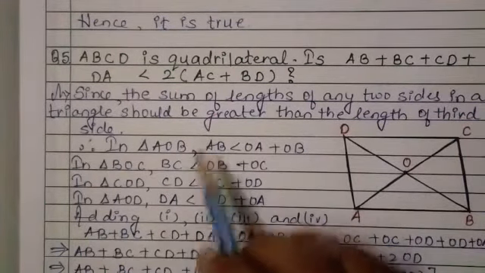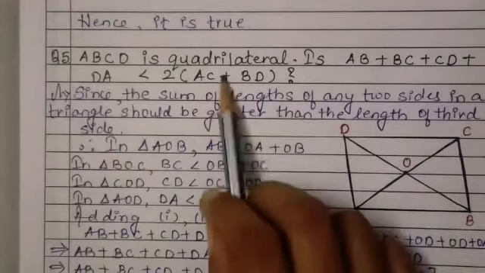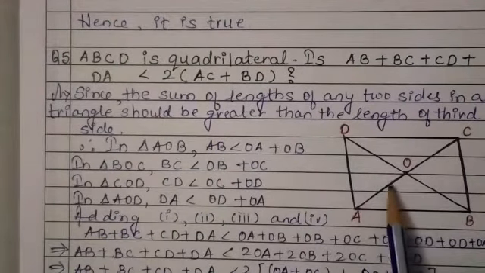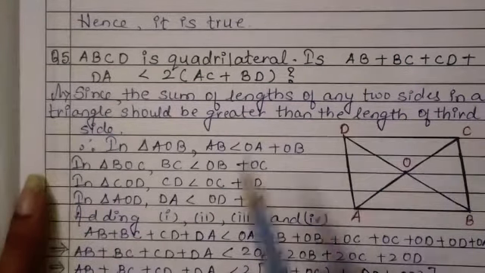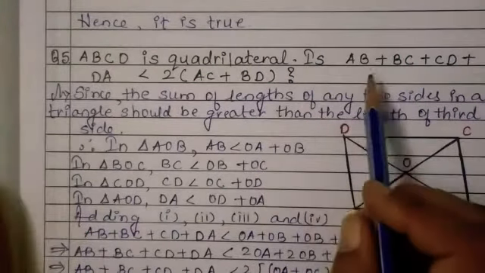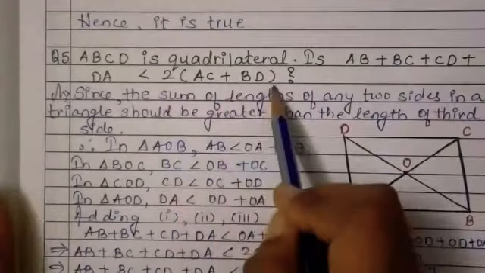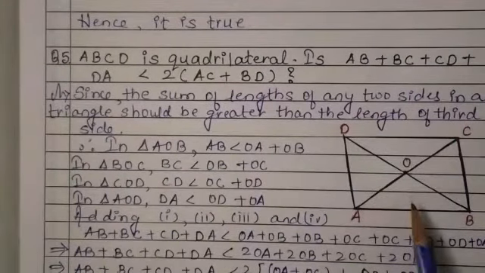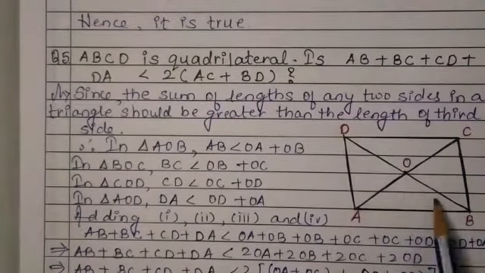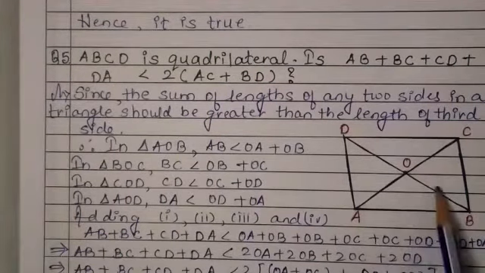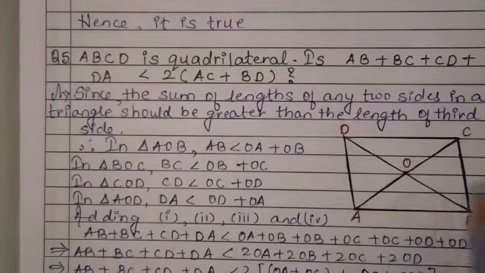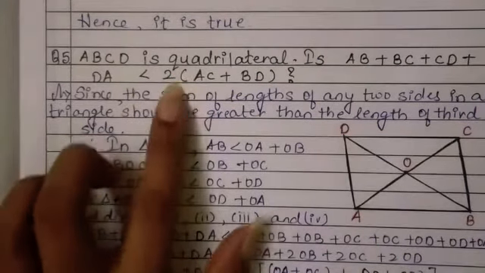See, in this question we have to make the subject AC and BD, the diagonals only, but what we have to do, in this question we need to prove that this is smaller than these terms. So what we can do is take individually these four triangles. Can you see that these diagonals have divided this quadrilateral into 4 smaller triangles? So one by one we have to consider these smaller triangles and then we can prove this statement very easily.